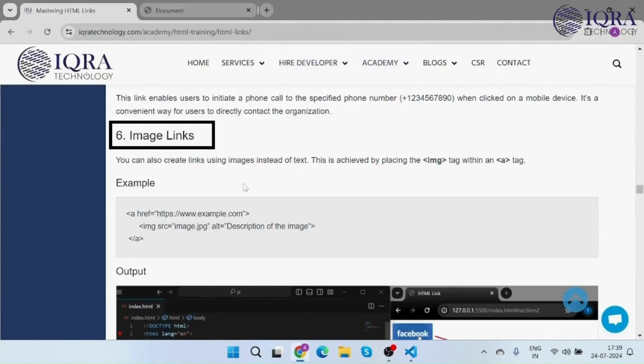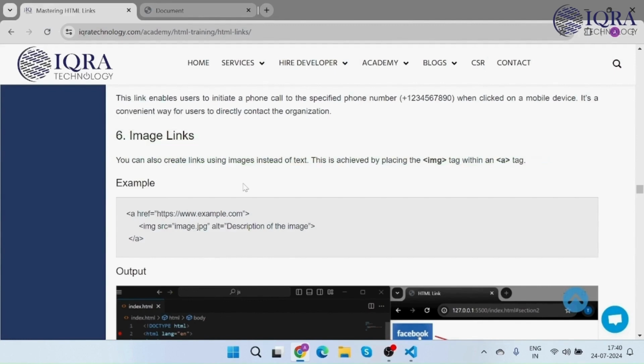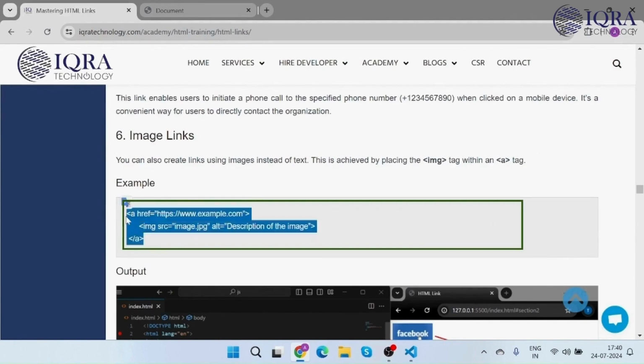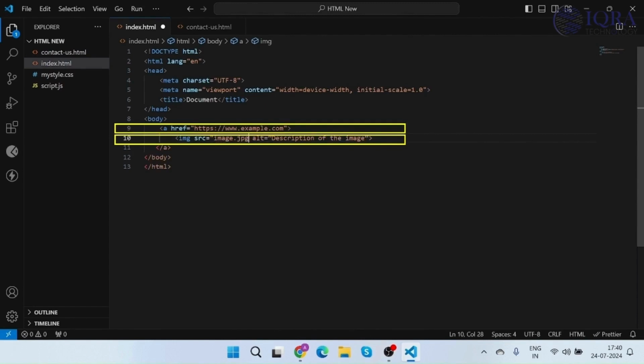Then image links. You can create links using an image instead of text by placing an image inside an anchor tag. The image becomes clickable. For instance, we have an example where the URL is example.com. Copy the example and paste it into my code editor. Here you can see the image file is image.jpg. After placing the image within the anchor tag and saving it,